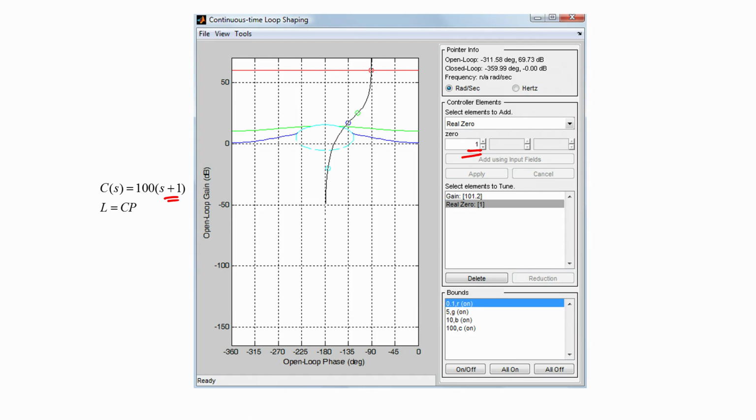Hence we are still not yet stable enough for our design to be concluded. However, this zero has had the beneficial effect of pushing the green circle, which represents the loop gain at 5 radians per second, above the green bound, and hence at 5 radians per second the loop gain is within the permissible area at that particular frequency. It has also pushed the blue circle above the blue bound, which indicates that at 10 radians per second, the loop gain is within the permissible area at that particular frequency.